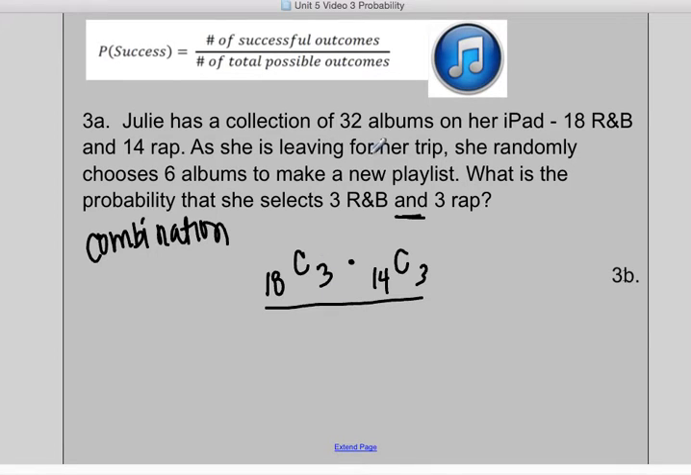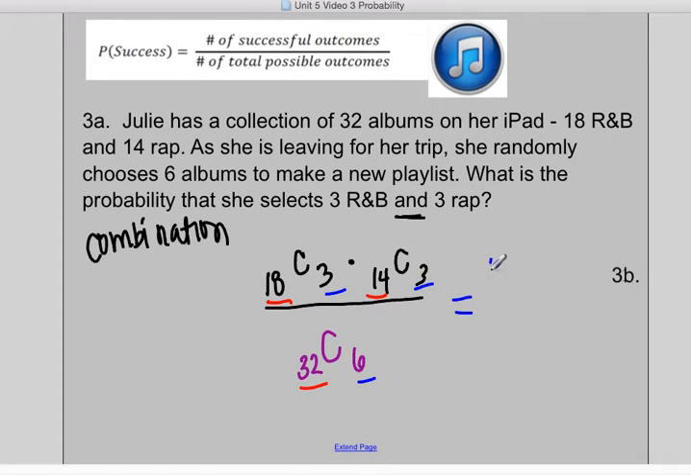So the total is there's 32 total albums. Over how many total are we picking? Well, 3 plus 3, we're picking 6. So another way to look at this is 18 plus 14 is 32, and 3 plus 3 is 6. That's how you can get your denominator. Okay, so in this case,